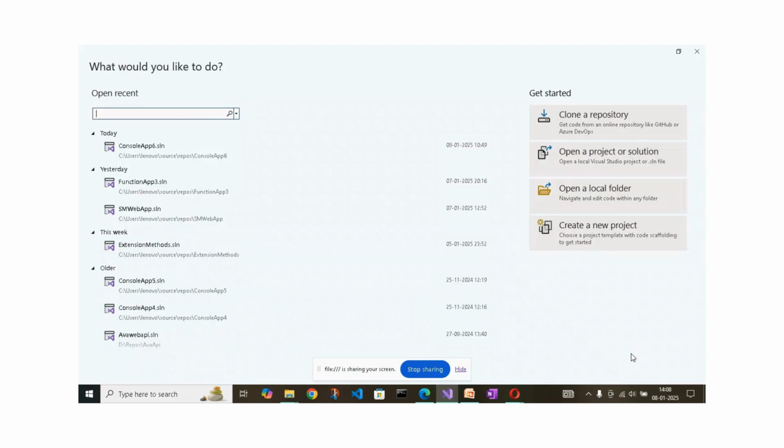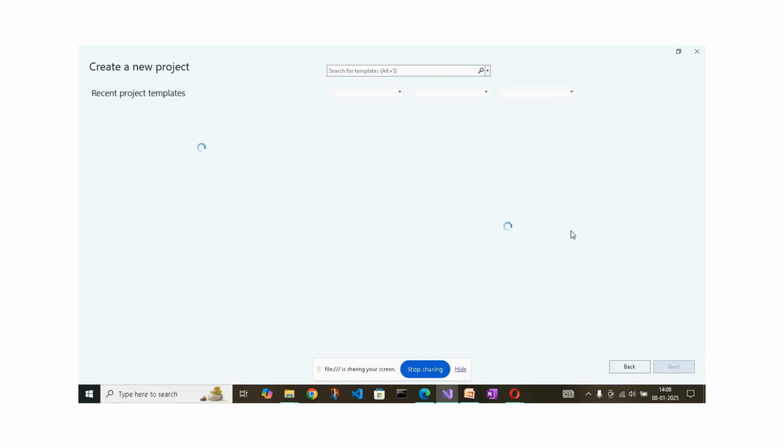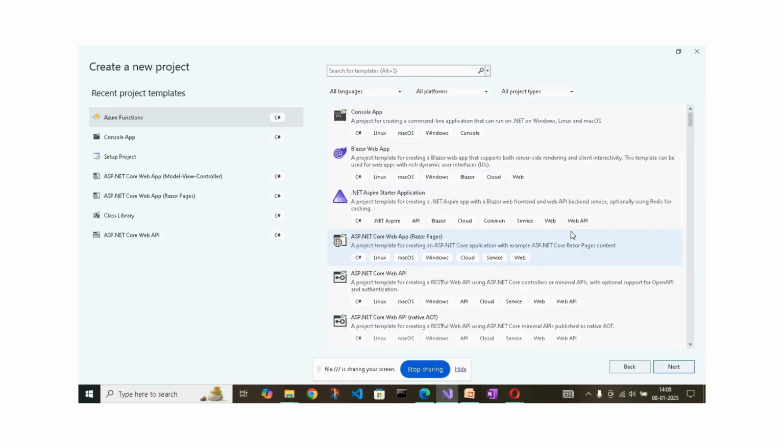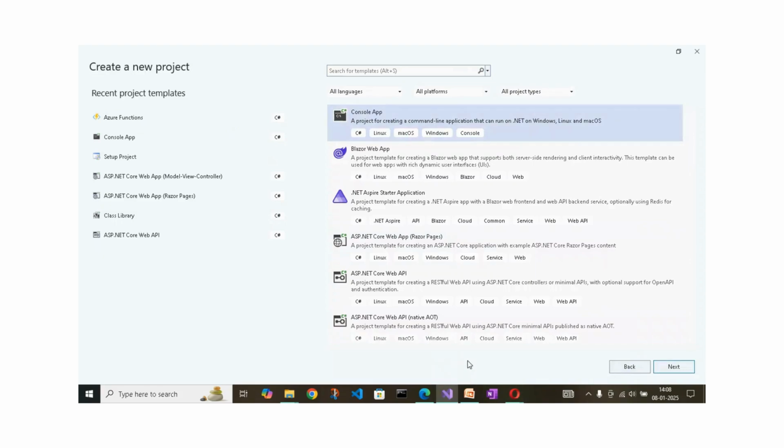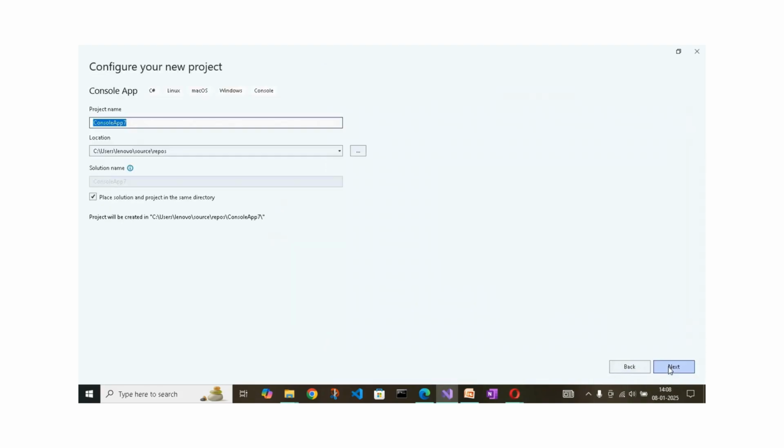Today I would like to discuss C Sharp 12 new features. So let me create a new console application. I am taking Visual Studio 2022 and creating a console application. C Sharp 12 features. I am giving the console application name as